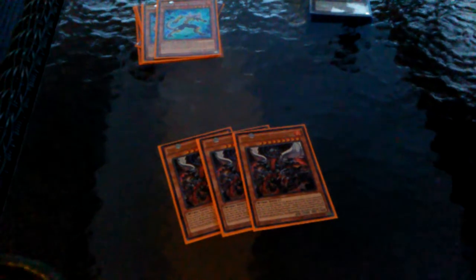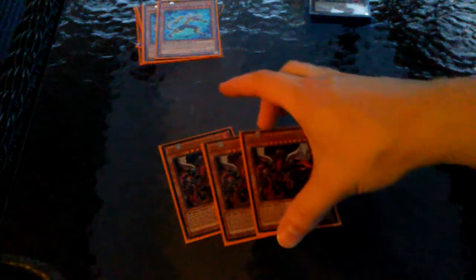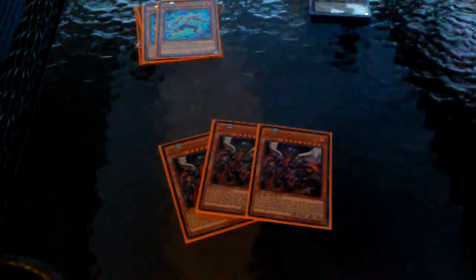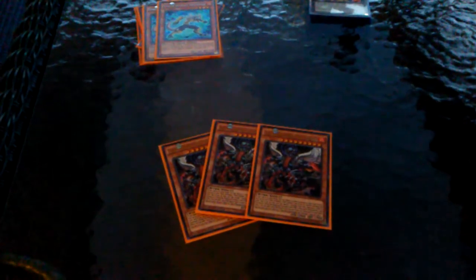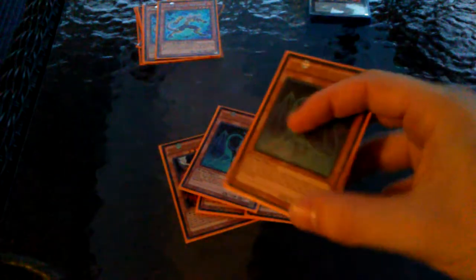And his second effect, which I actually make use of, is if he's destroyed by battle or card effect and sent to the graveyard, you can add 1 Wyrm that's not fire type from your graveyard to your hand. So I'm actually running 2 copies of Night Dragolich. This is actually one of my favorite cards. So basically what this guy does is while he's on the field...